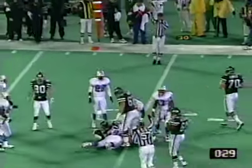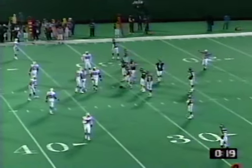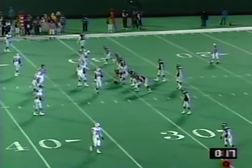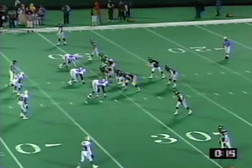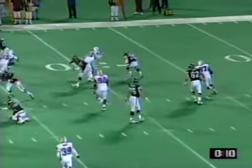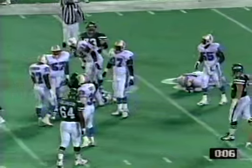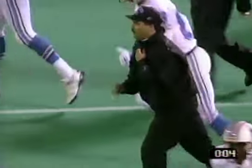Richie Anderson, the fullback, out to the 30-yard line. Clock continues to move. 24 seconds and counting, time remaining in this game for the Houston Oilers to take their record to 7-6. The Jets to drop to 1-12. And here is the draw to Richie Anderson. And that doesn't accomplish a lot, except what it does accomplish, it becomes a